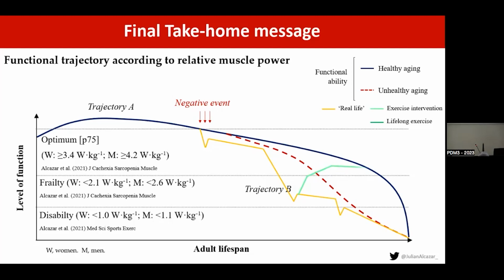Fortunately, exercise can revert this premature decline in relative muscle power and postpone the onset of frailty and disability. But also, of course, a lifelong exercise perspective can prevent that decline in muscle power even more. And although it's inevitable that muscle power is going to decline, we can postpone disability and frailty until the end